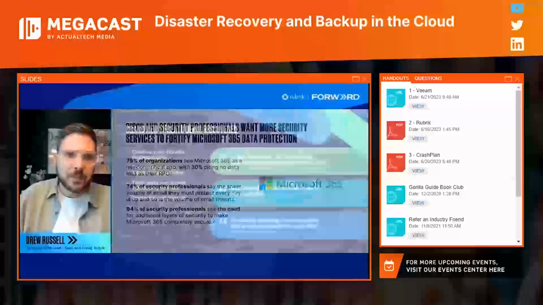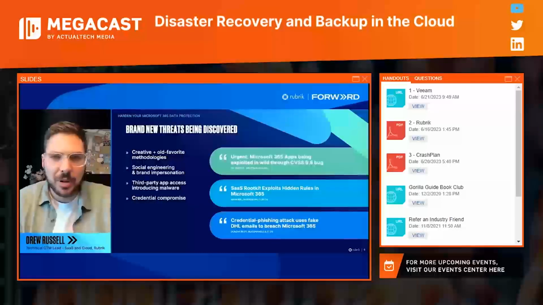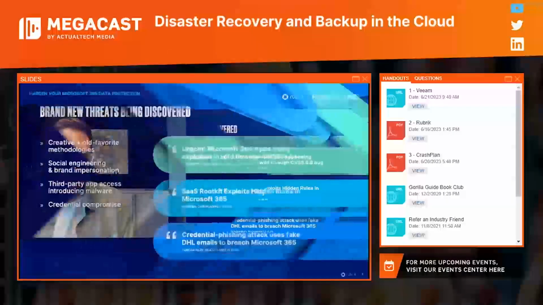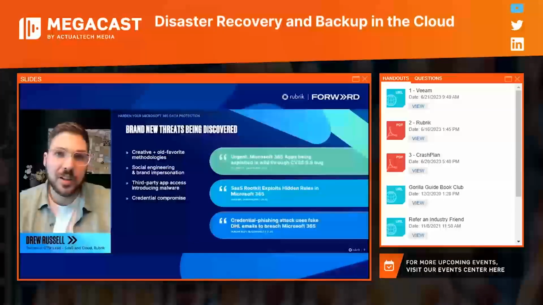One or two quick examples of these threats as they play out, and really what we're seeing from a trend perspective is around what I call the oldies but goodies, right? The traditional attacks we see play out in the on-prem world really being tweaked and modified to be prevalent for the 365 space as well. Really centered around the social engineering and brand impersonation aspect. At the end of the day, it's the identity authentication layers that are controlling your access to it.